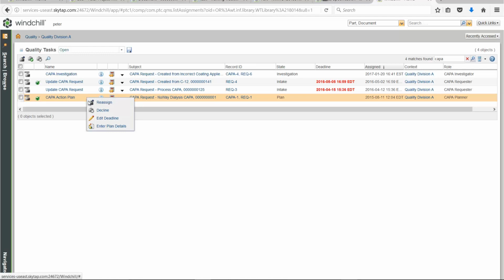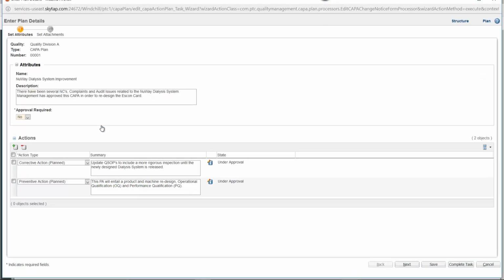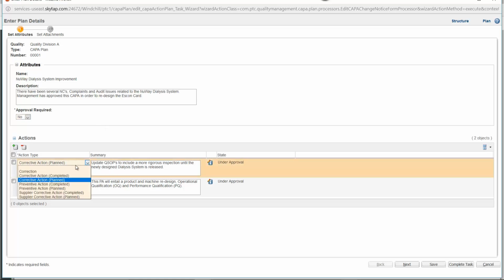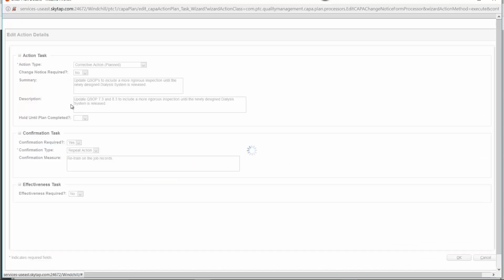The last thing that I'll show you here is with that integral PLM and QMS system, you can aggregate nonconformance, complaints, ineffective CAPAs and SCARs, and then prioritize those for a new CAPA or SCAR. Here you can see there's a variety of actions that you can take within the CAPA or SCAR,